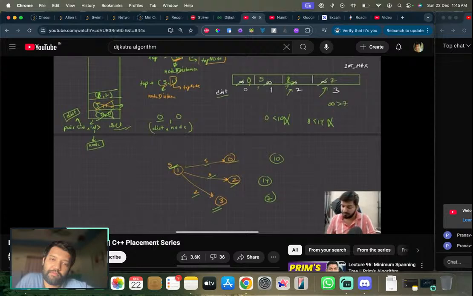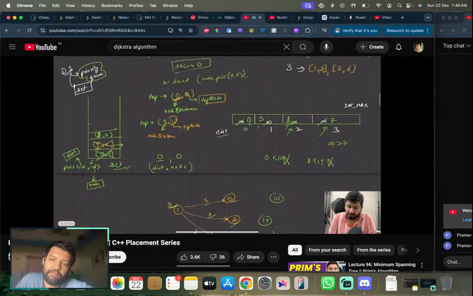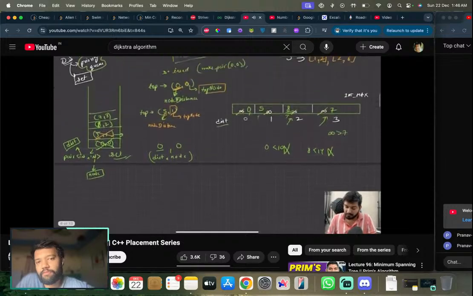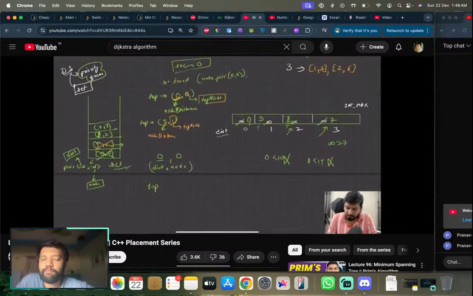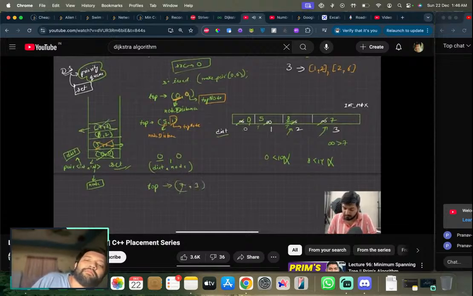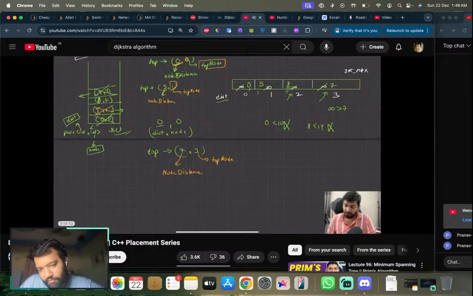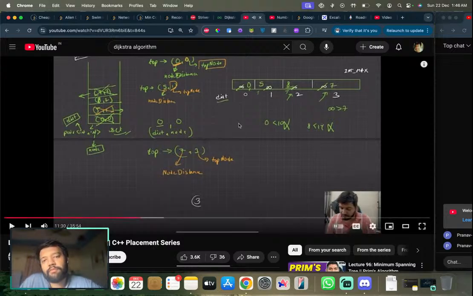तो मैंने एक एंट्री बनाई है किसकी, 7,3 की। उस एंट्री को मैंने यहाँ पे पुश कर दिया। बात समझ में आती है। इसके बाद मैं फिर दोबारा गया, मैंने फिर से अपना एक और टॉप निकाला। मैंने बोला कि यार एक और टॉप निकालो, इसमें मिनिमम कौन सा है, ये वाला मिनिमम है। तो आपका टॉप आ गया 7,3। आपने इसको यहाँ से कट कर दिया। आपने बोला कि यार ये मेरी नोड का डिस्टेंस होगा और ये मेरी टॉप नोड होगी। बहुत बढ़िया। इसके बाद आपने क्या बोला कि चलो 3 के जैसे नोड बनाता हूँ।